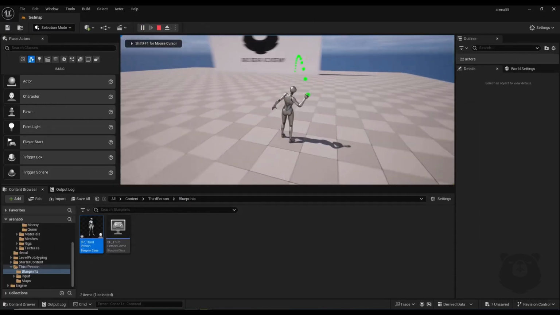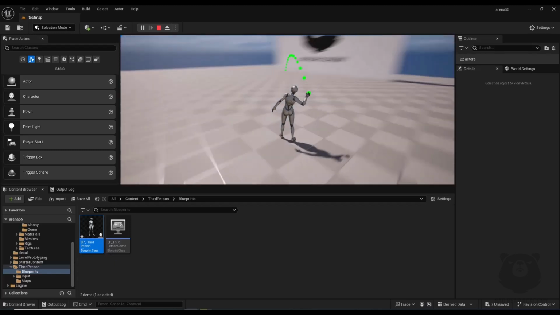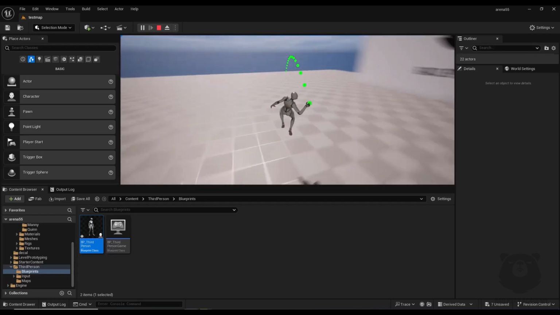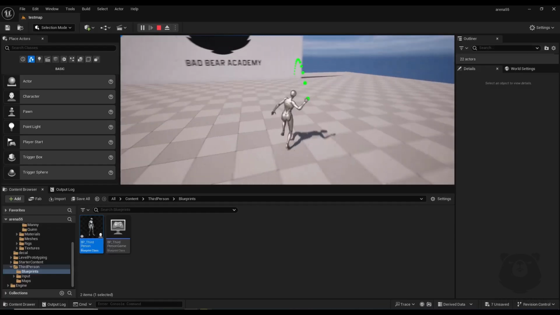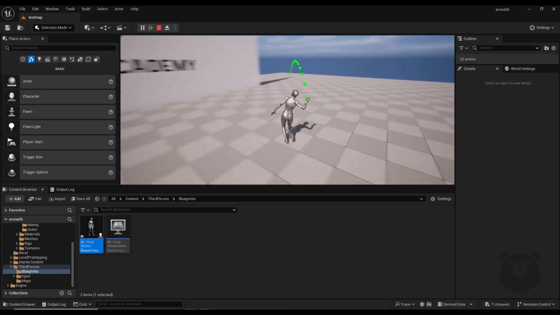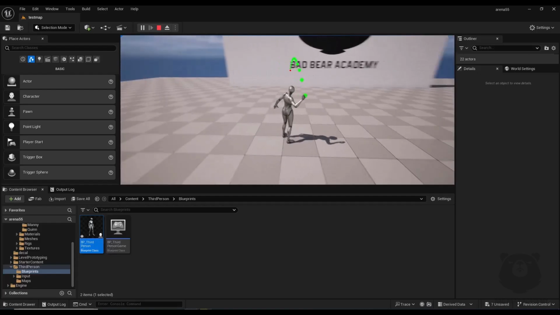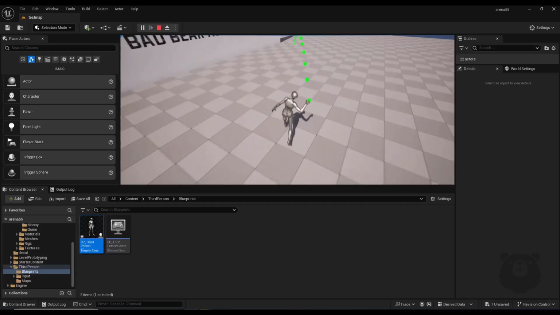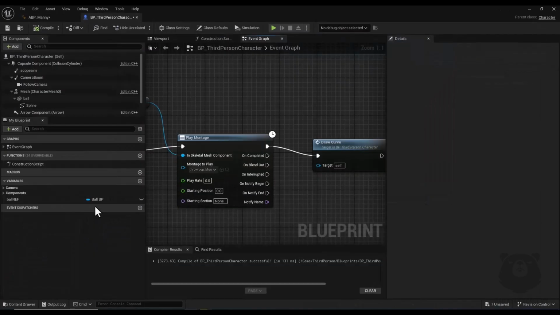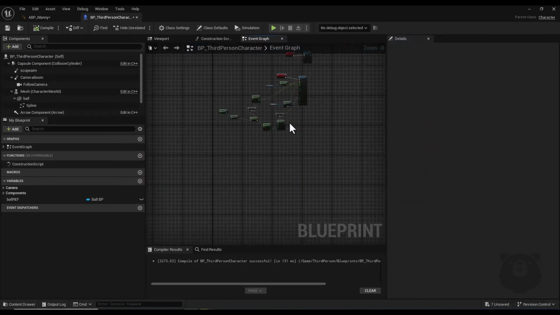As you can see, I have this debug sphere as my projectile prediction, throw prediction path, but I'm going to replace some mesh to these debug spheres. Okay, now I go back to my character blueprint,